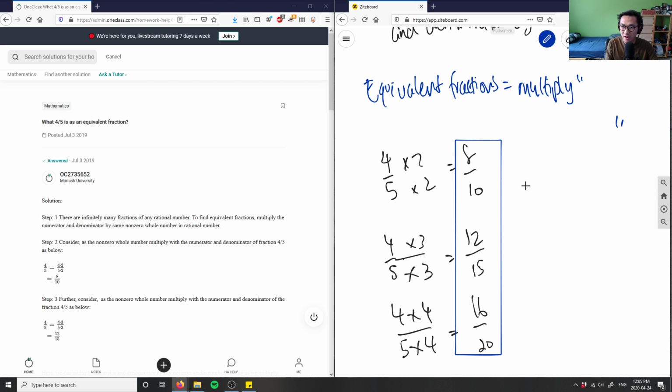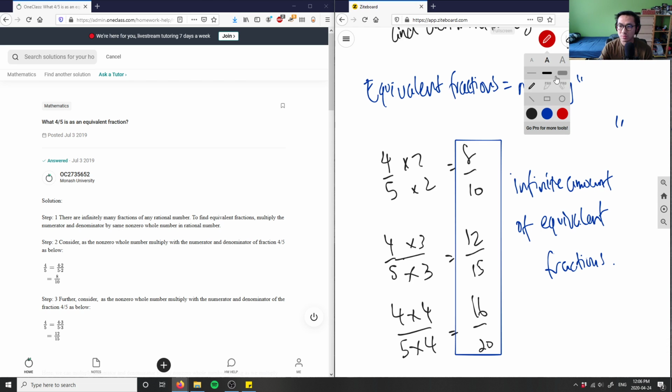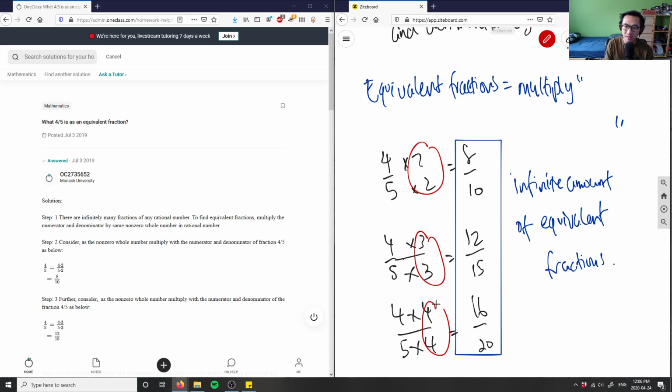When we talk about any fraction, we have an infinite amount of equivalent fractions. And it's not specifically for 4/5. This is for anything here. So 8 over 10, 12 over 15, 16 over 20. Basically, what I'm doing is changing what I'm multiplying by. In this case it's 2, 3, 4, and then I can go 5 and so on and so forth, right? I can multiply the numerator and denominator by 5 to get an infinite amount of